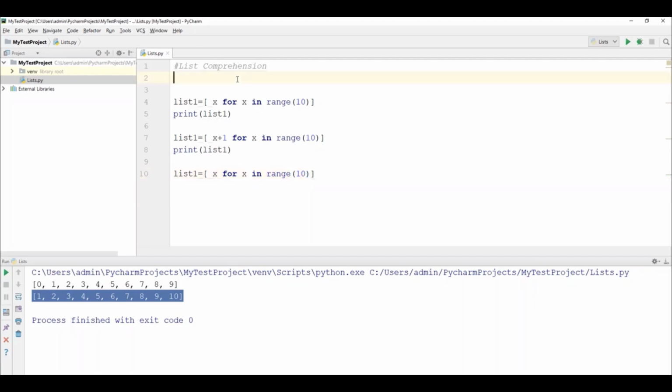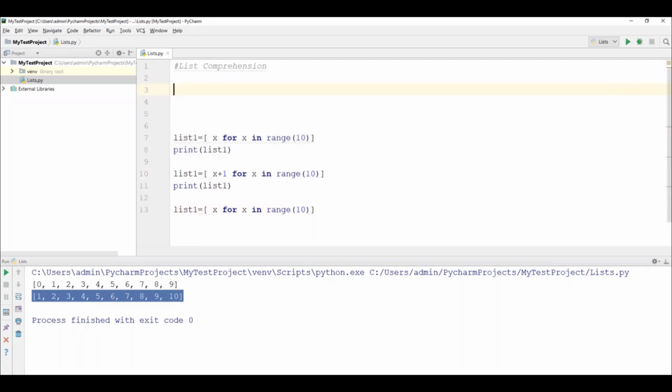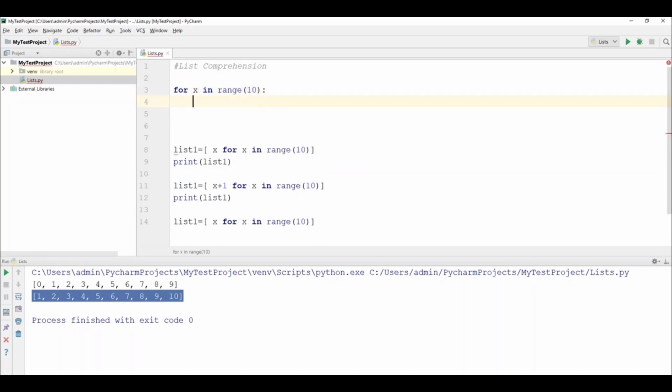Now observe this. Normally, if you want to get even numbers, how will we get them? Using a for loop, let's say for x in range 10, colon. To get only even numbers, we have to put one condition, right?